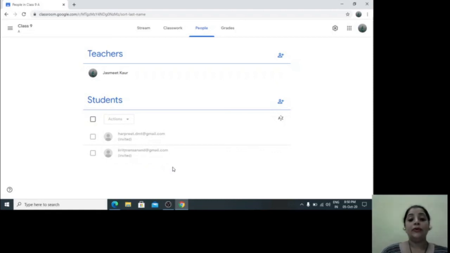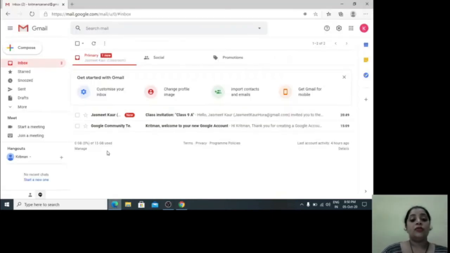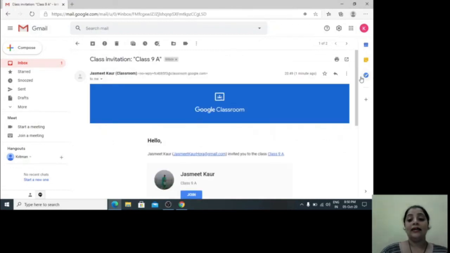Now let me show you one of the IDs of the students to whom I have sent the invites. So here is the Gmail ID of a student to whom I have sent the invitation, which I can find in the inbox. See over here with my name, it is showing the class invitation of class 9th A. I can simply click on this link.